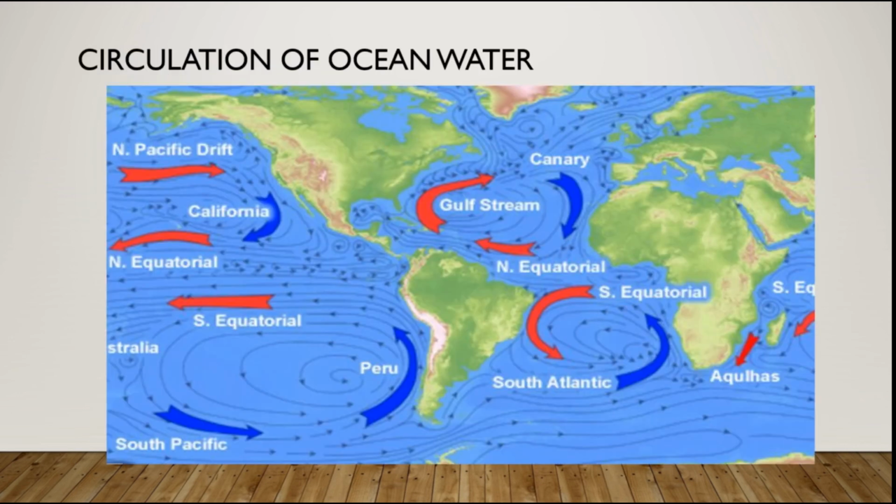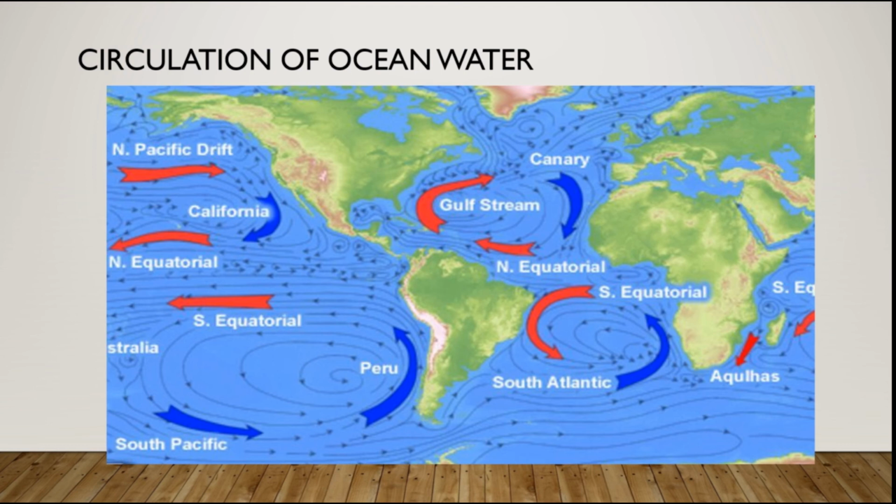Trade winds as well as the westerlies bring about the salinity differences on the eastern and western parts of the oceans. Then the next factor is the circulation of ocean water. The oceans are always in a state of restlessness. They actually show three distinct types of movement, that is tides, currents and waves. Among them, currents play a major role in the distribution of salinity. Ocean currents are of two types, warm currents and cold currents.